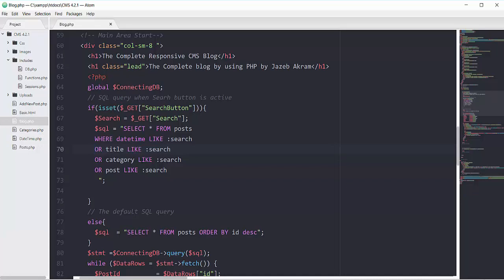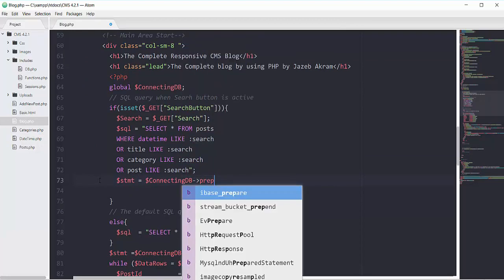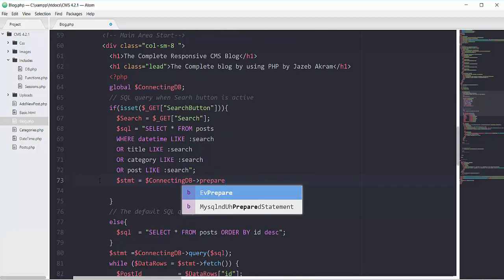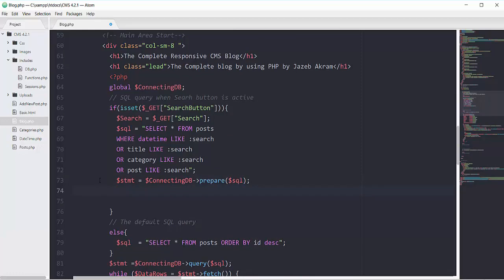So right after this SQL statement, we will have our stmt variable that will use our database connection and prepare our SQL, and we will pass our SQL inside as a parameter. Then on the next line we will bind our named parameter.